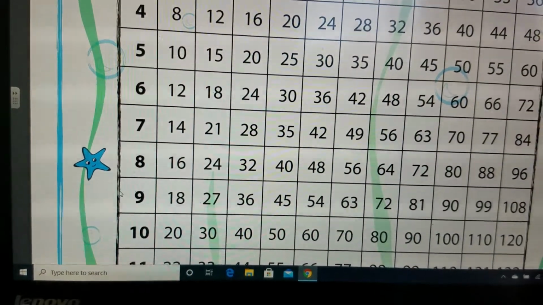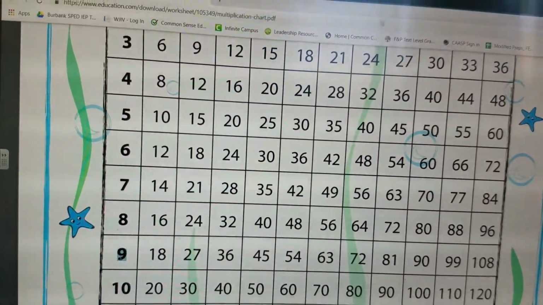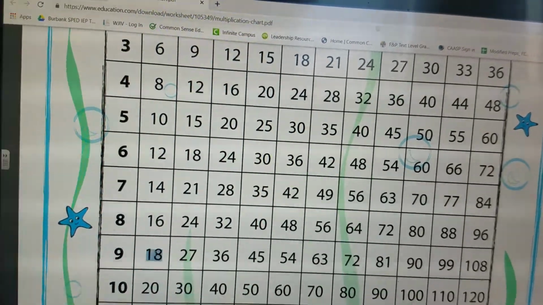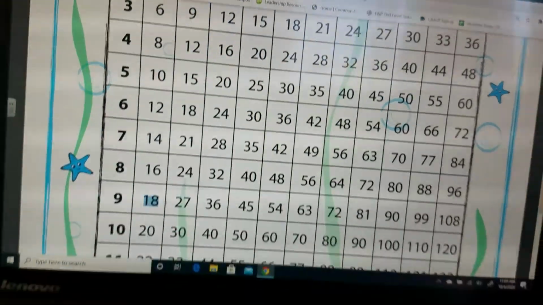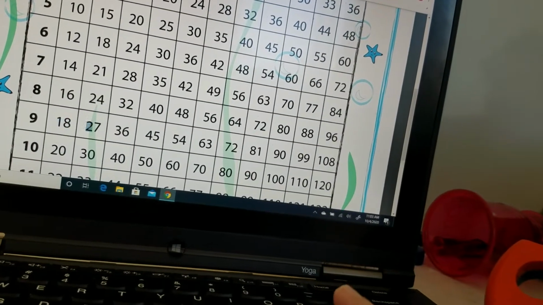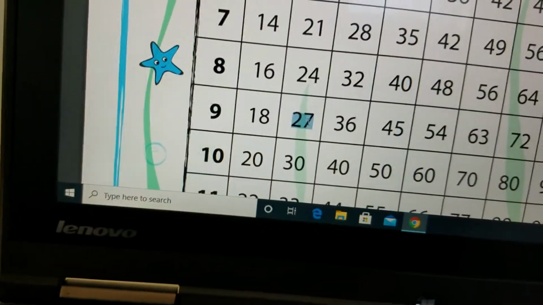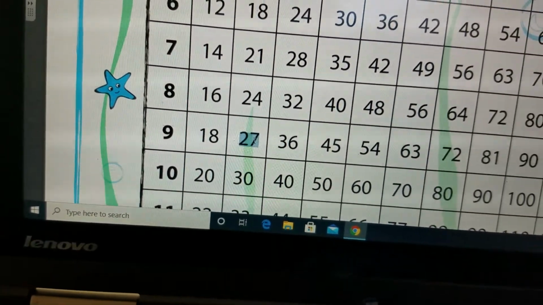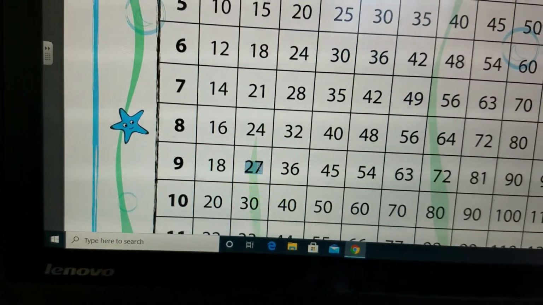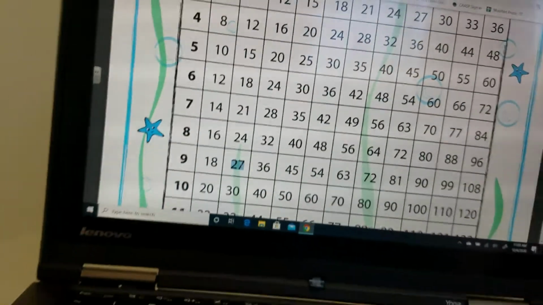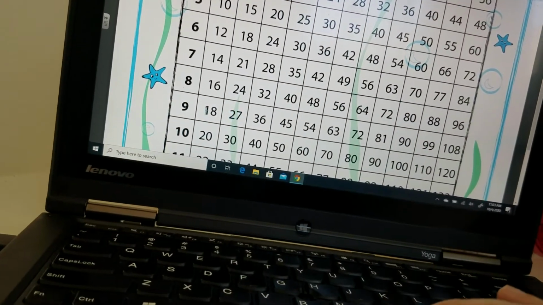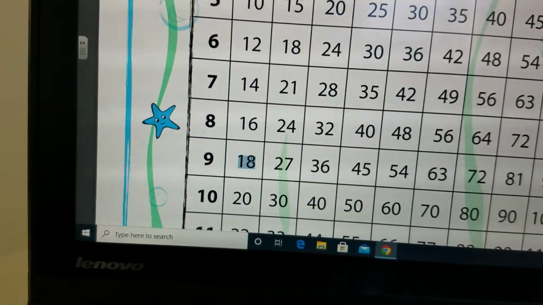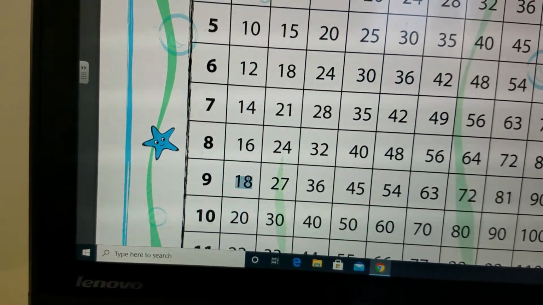So 1, 2, and 3. Now, we are already past 19. 27 is higher than 19, so 19 divided by 9 has to be less than 3. So we now know 9 times 2 is 18, so the answer will be higher than 2, but less than